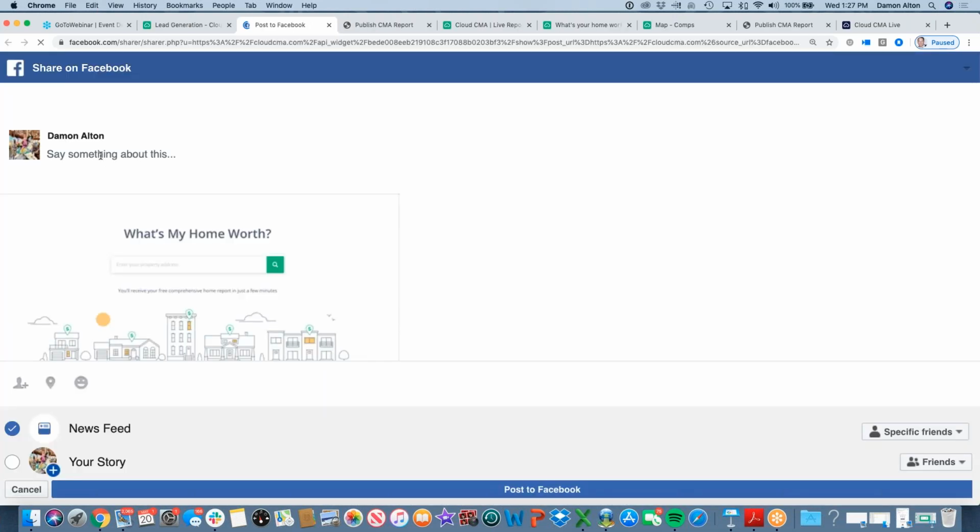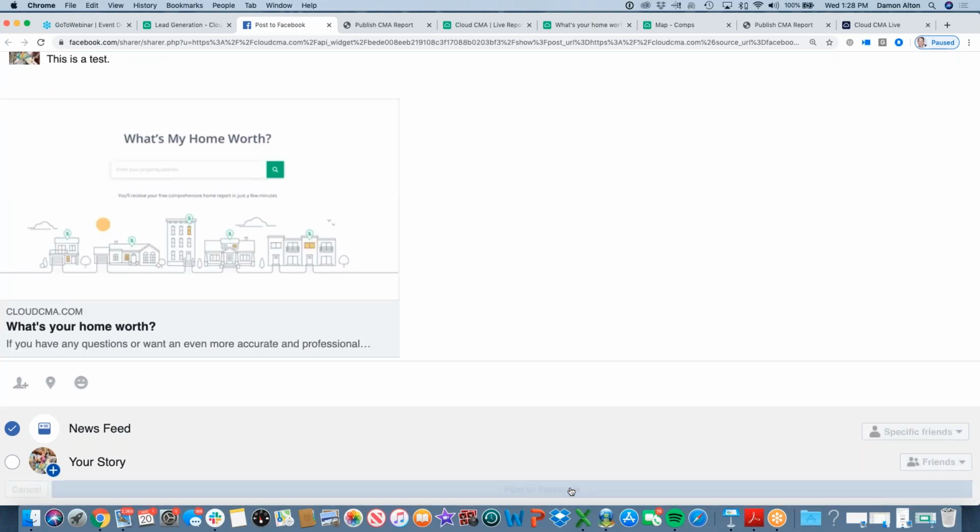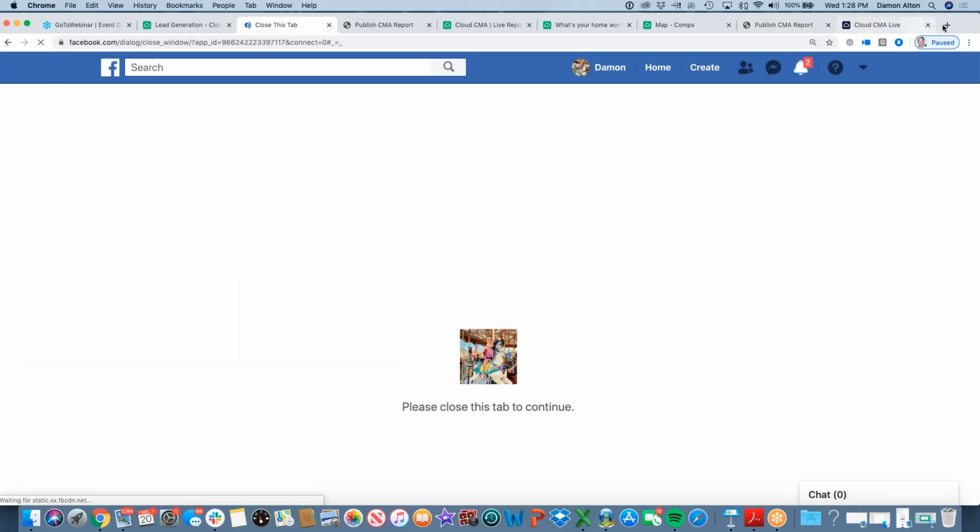So I'll click on post and I'll say, this is a test, or I'll say something nice to my sphere, my farm, and I will just click on post to Facebook. I type in this is a test, so no one will click on it on my site. But you can just see technically how this will post onto Facebook, and I will go to Facebook, and you will see